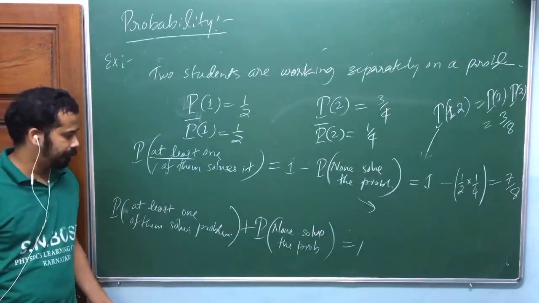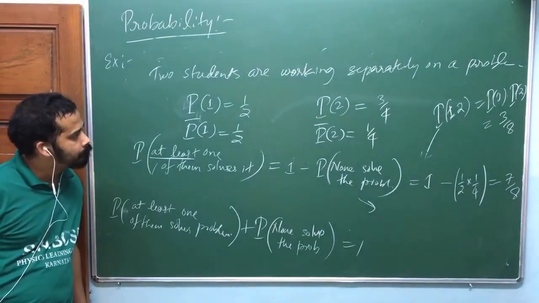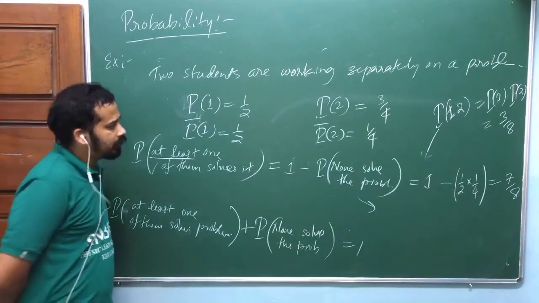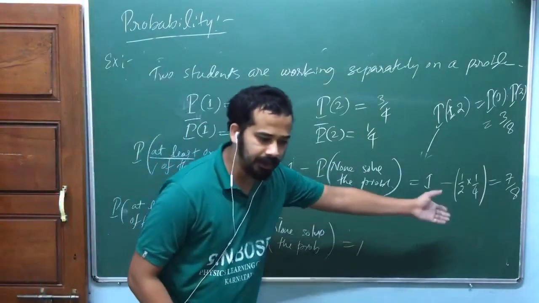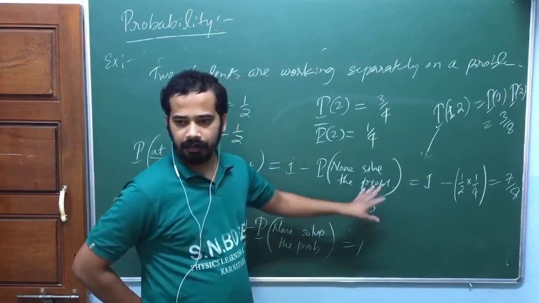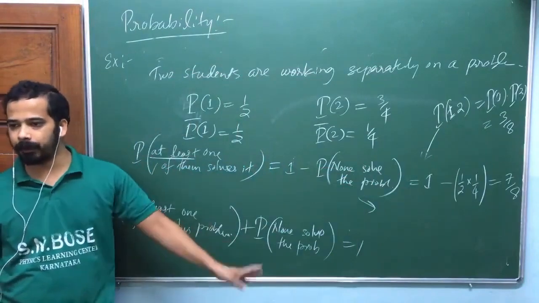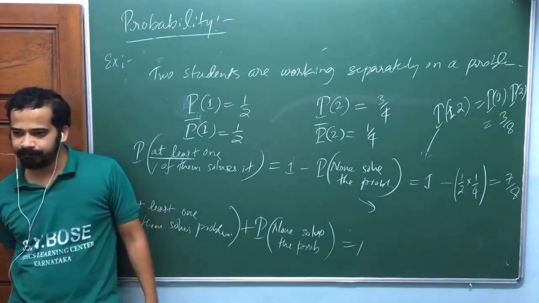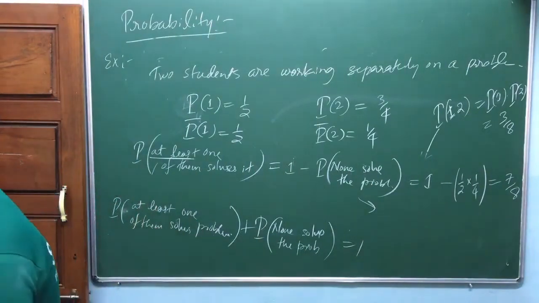Sir, if the events are more than 2, then how to solve this? If it is more than 2, then usually you have to think about AB, AC like that. You have to subtract by AB, AC like that, okay? You have to write PA plus PB plus PC, minus PAB, minus PAC. These things you need to do actually. You have to subtract with many more terms. Check that out if there is any example like that, okay?